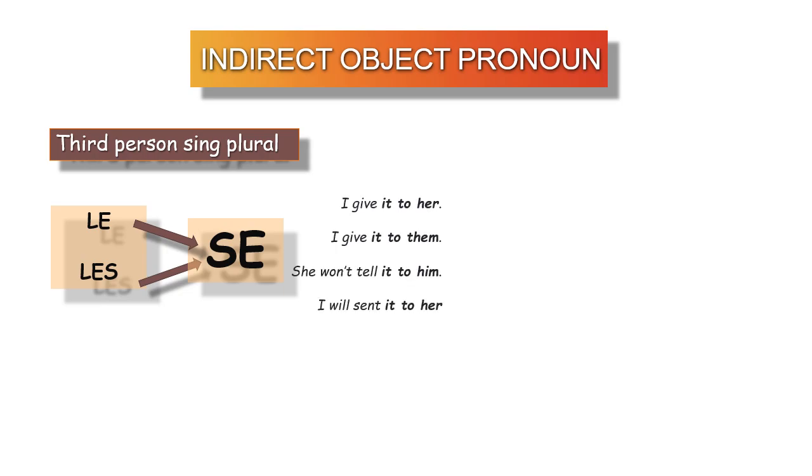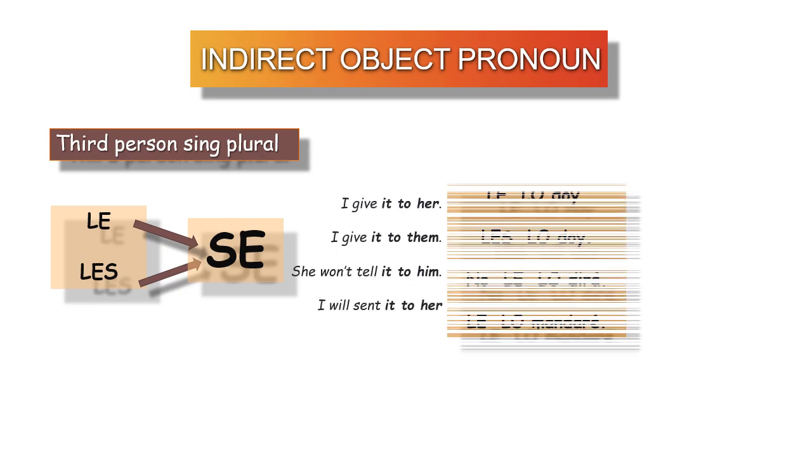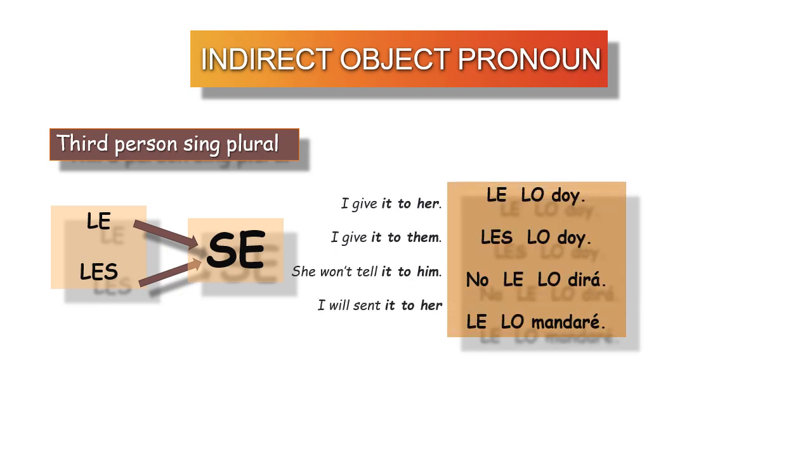So to say I give it to her, it would be le lo doy, or I give it to them, le lo doy as well. Les lo doy is hard, it's weird. So she won't tell it to him, no le lo dirá, or I will send it to her, le lo mandaré. So it becomes se